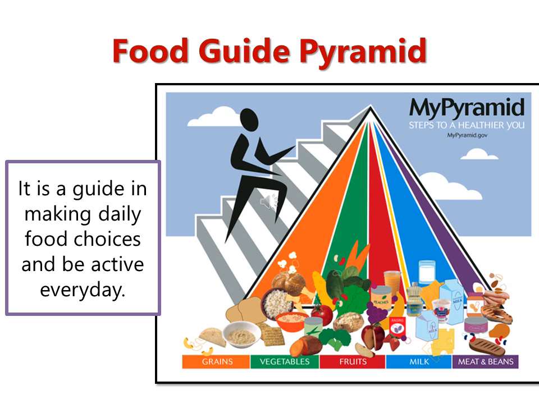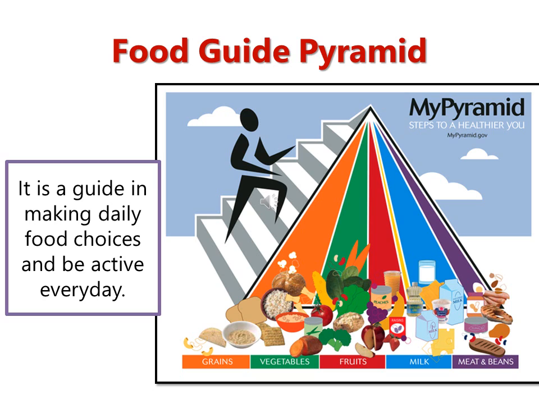You would notice also that each color has a different proportion or length. For example, the yellow, the green, the red, the fruits, the size is smaller than the vegetables and the grains, and also the purple, the meat and the beans, is smaller than the milk and the vegetables and grains,